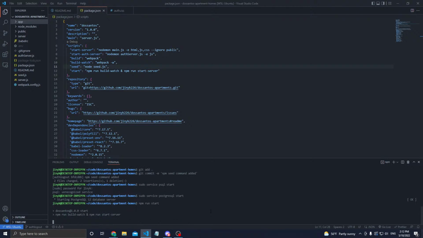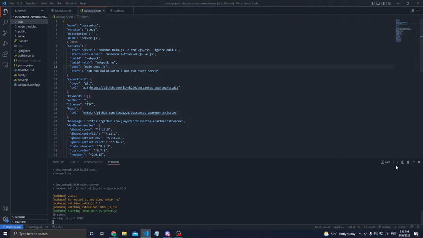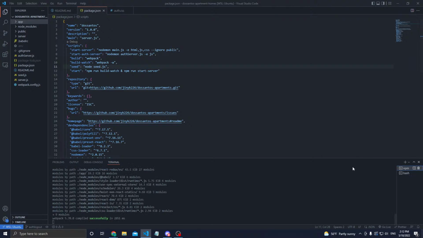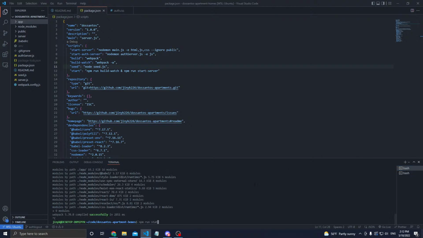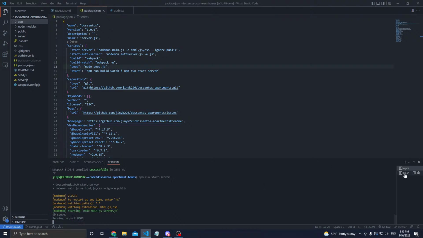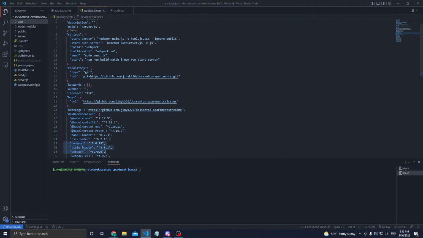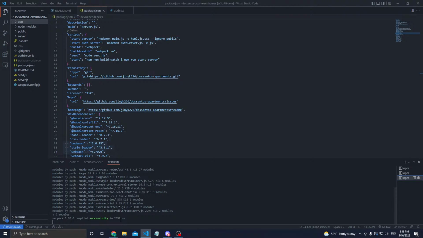npm run start. Another terminal. npm run start. Is that really what I want to run? It is not. npm run start server. npm run start auth server. npm run build watch. Once I have all these three things running on 8000, 8001, and